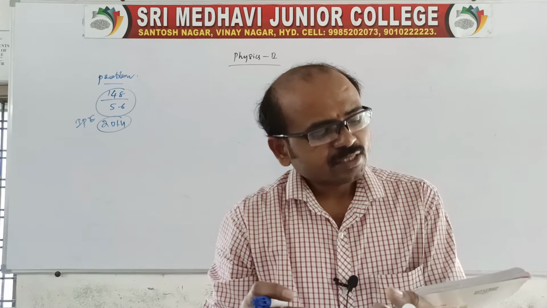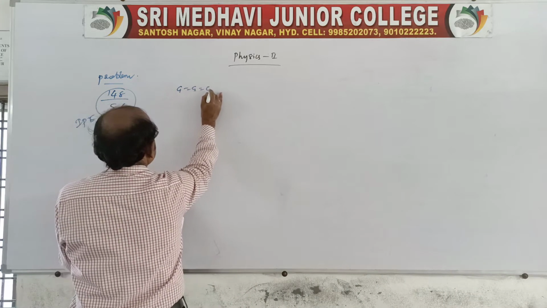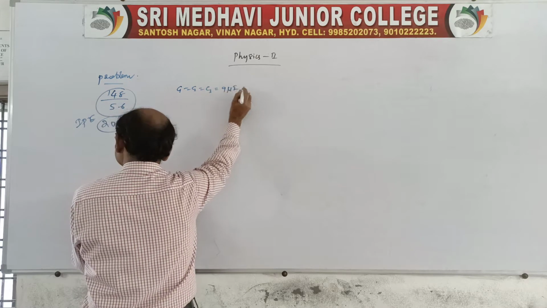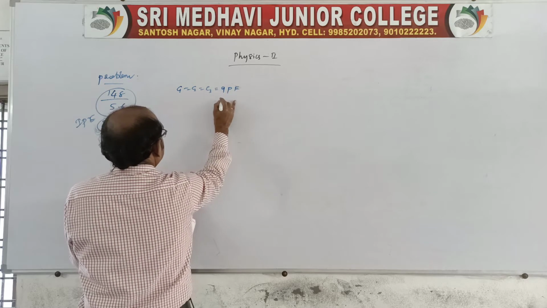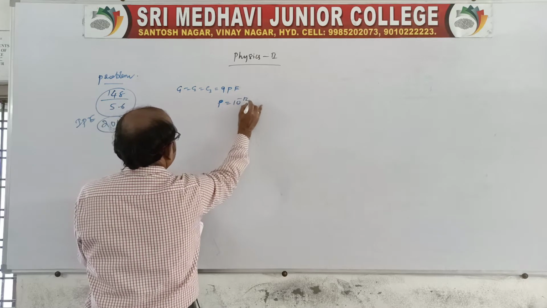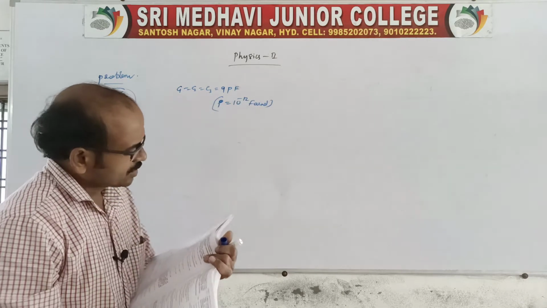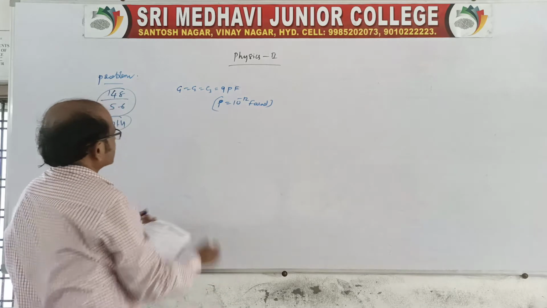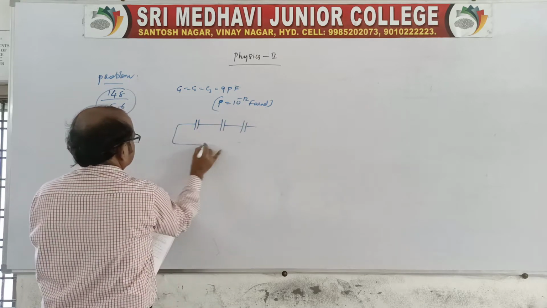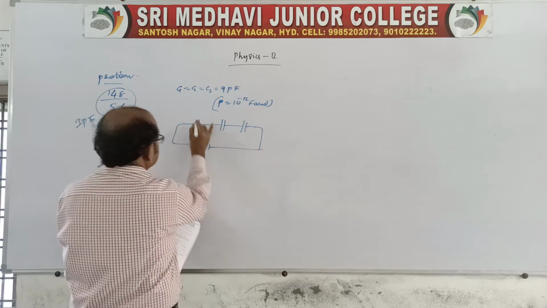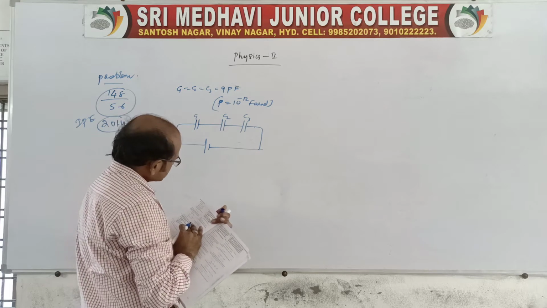Three capacitors, each of capacitance C1, C2, C3 given as 9 picofarad. Pico means 10 power minus 12 farad. You can write it in brackets, it is not required, but you keep it. These are connected in series, connected to the opposite terminals, so the series combination will be like this: C1, C2, C3.